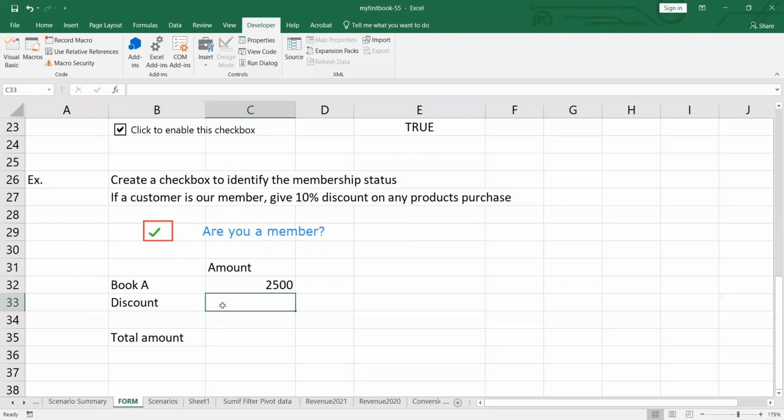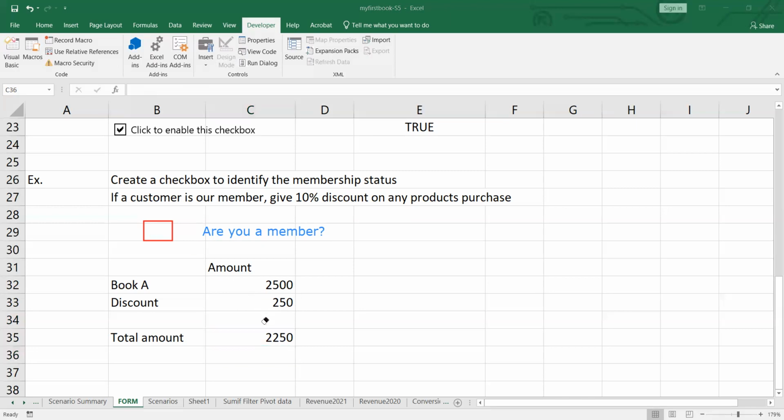If he or she is a member you give 10% discount, so the discount is 250 baht. Then the total amount that this person has to pay is book A minus discount, 2,250. But if this person